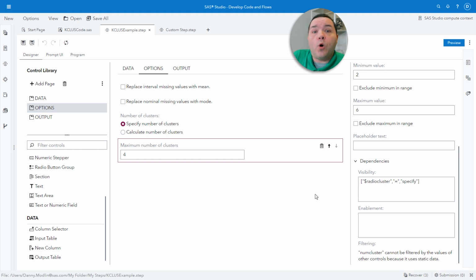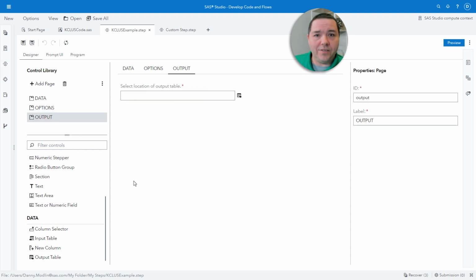All right, well, those are all of our extensions for this problem. I add another page, and this is my output data set. Very easily bring in an output table. Careful, there's an input table object and there's an output table object. Drag that in, give it an ID, and give it a label. So, by the way,